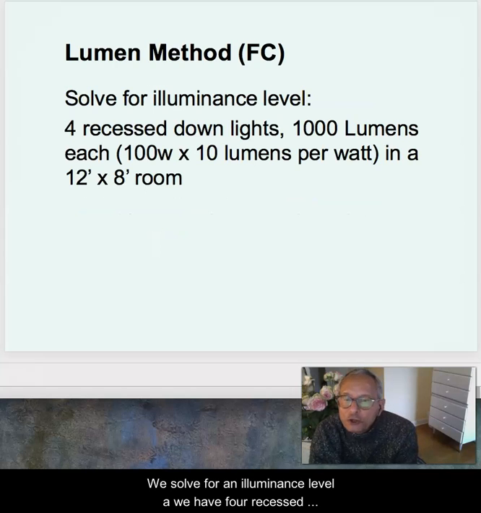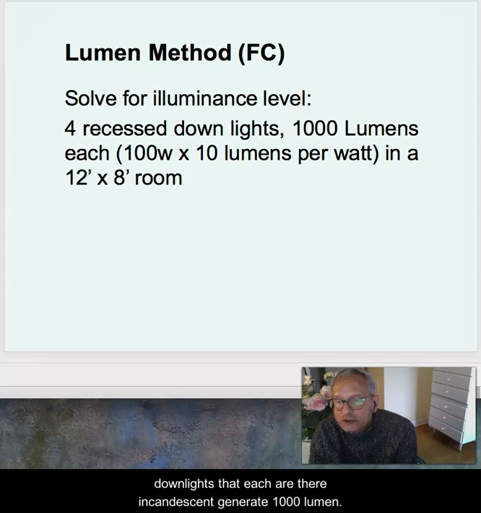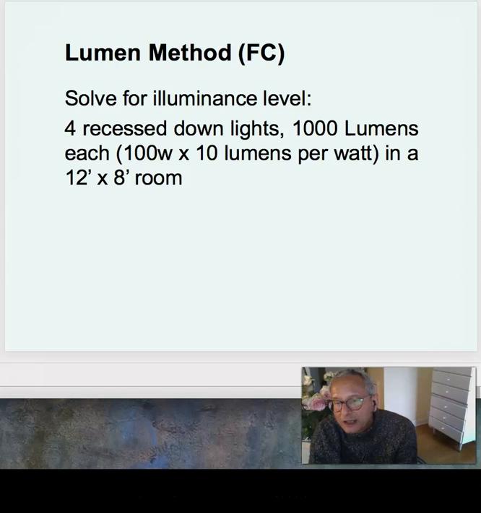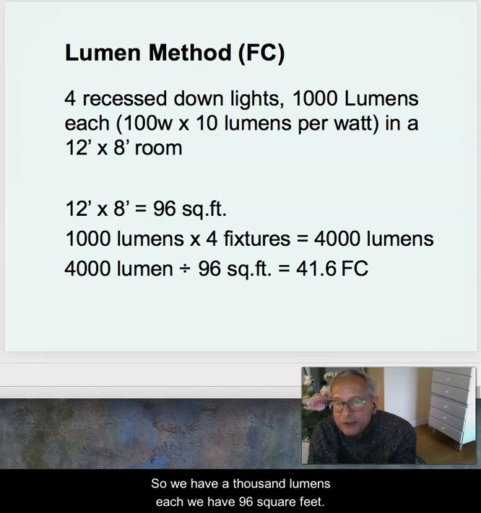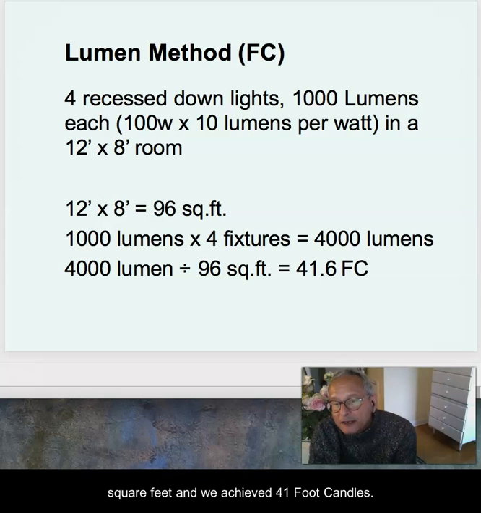So we solve for an illuminance level. We have 4 recessed downlights that each are, where they're incandescent, each generate 1,000 lumens, each 100 watts times 10 lumens per watt in a 12 by 8 room. Throwing a lot of numbers at you, but typical situation. So we have 1,000 lumens each. We have 96 square feet. We generate 4,000 lumens. We divide 4,000 lumens by 96 square feet, and we achieve a little over 41